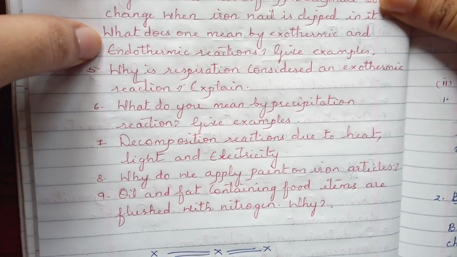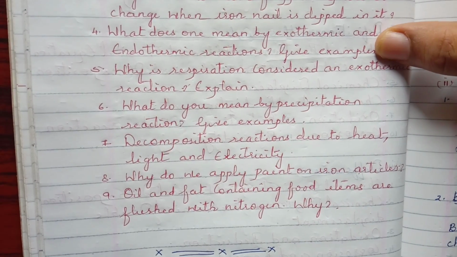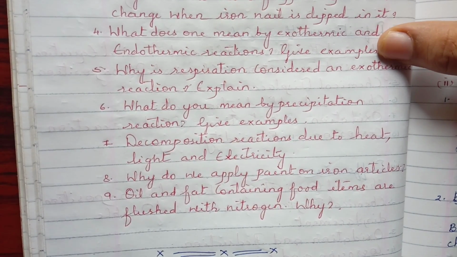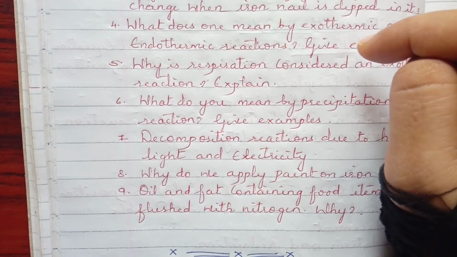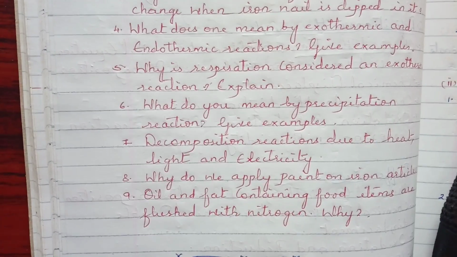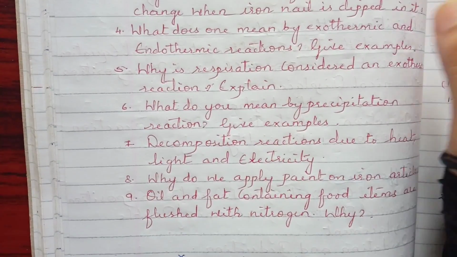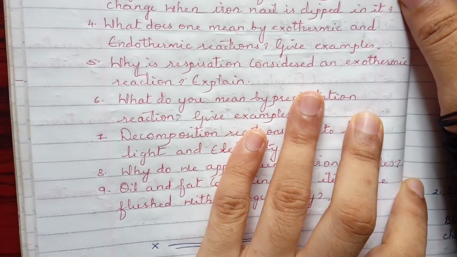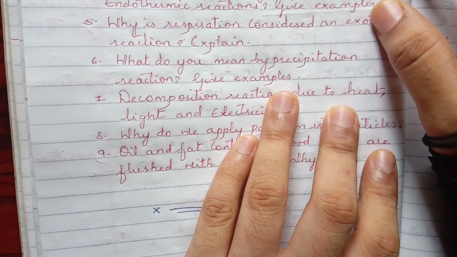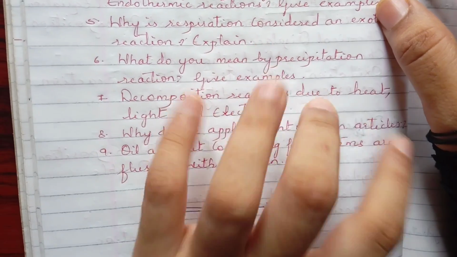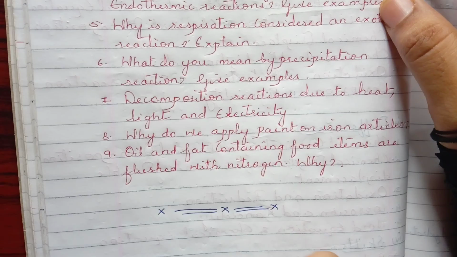This is also there. Then, as I told you, I have included in differences. I've already told you that you are having difference between exothermic and endothermic reaction. So that particular part here in your notes, I have given you the definitions of each one. That is how it works for differences also over here. You just have to draw a line in the center and mention on the two sides. Then why is respiration considered an exothermic reaction? With the explanation. What do you mean by precipitation reaction? You have to give examples over here. This also is a definition actually, and I have not included it there because it's already included in your textual question.